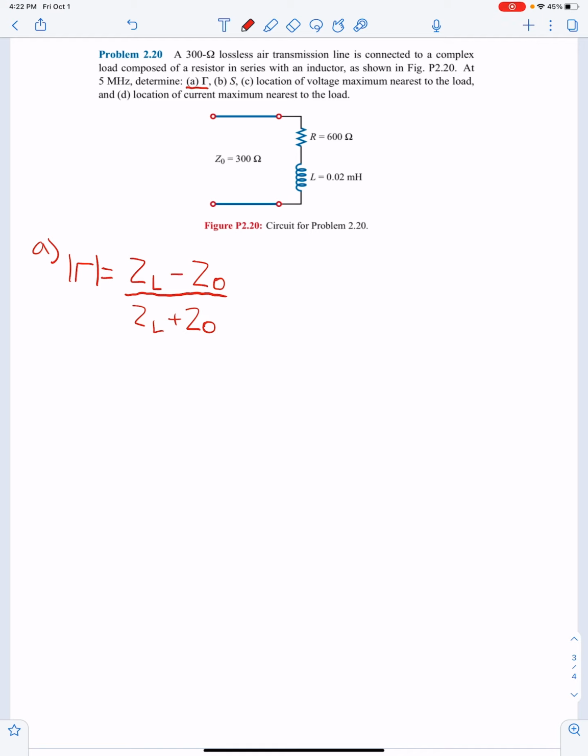Since we already have our characteristic impedance, we're good there, but we need to solve for our load impedance, which is our resistor and inductor in series. So we can simply say R plus j omega L. Plugging in our numbers, we get,